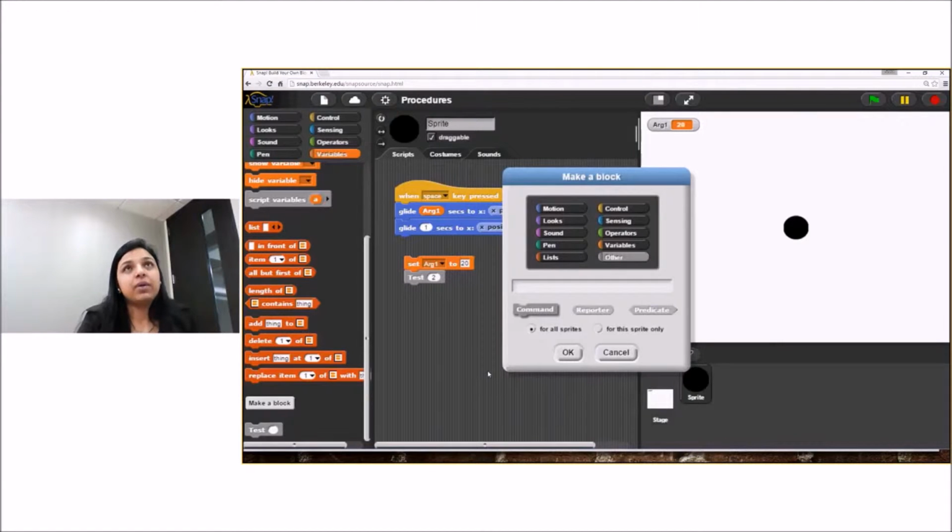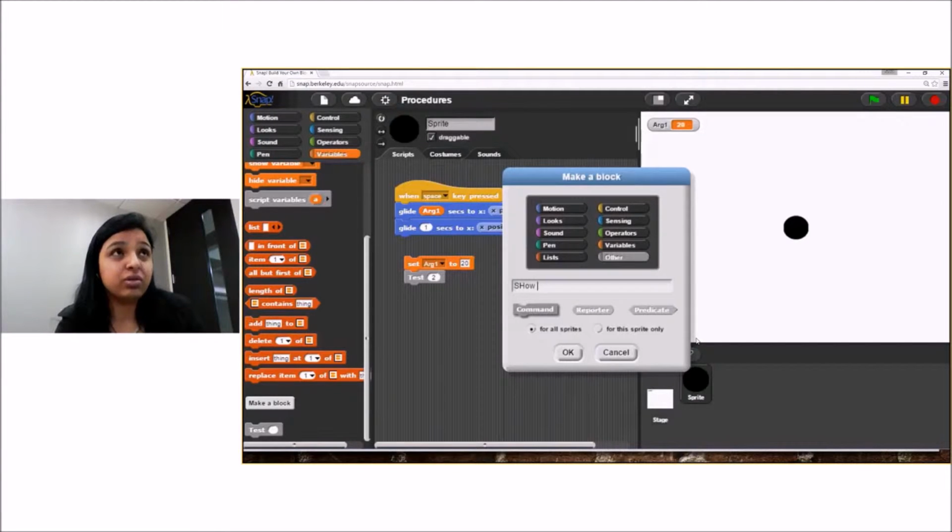For example, take the example of when we were drawing the shapes, right? If you draw a square, what do you need to do? You need to move your sprite in one direction, draw it for a certain length, and then turn it 90 degrees, and then draw for a certain length, and then turn 90 degrees, and then draw, and then turn, right? So 4 times you repeat those set of instructions. We used to do a repeat block. One option is you can actually use a repeat block. Another option is you can make a block of its own and then just define that and reuse it wherever you need it. For example, here I define a block which says,